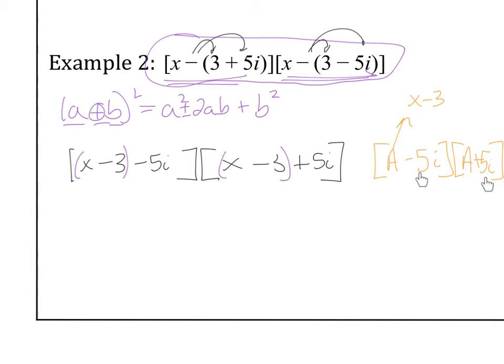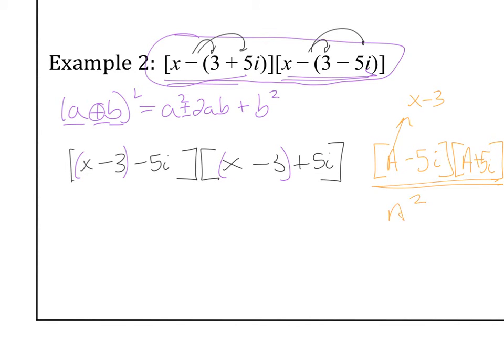Same thing here, one's plus, one's minus. We know kind of a trick for this. This is basically the same thing, but instead of a's, it's an x minus 3 and an x minus 3. And in all the problems I'm going to give you in this class, that pattern is going to happen. There's a reason why that's going to happen. It's pretty much the only time we really have to do something like this, when these actually match. Now, if you look back at example 1, then you know that this is going to basically end up